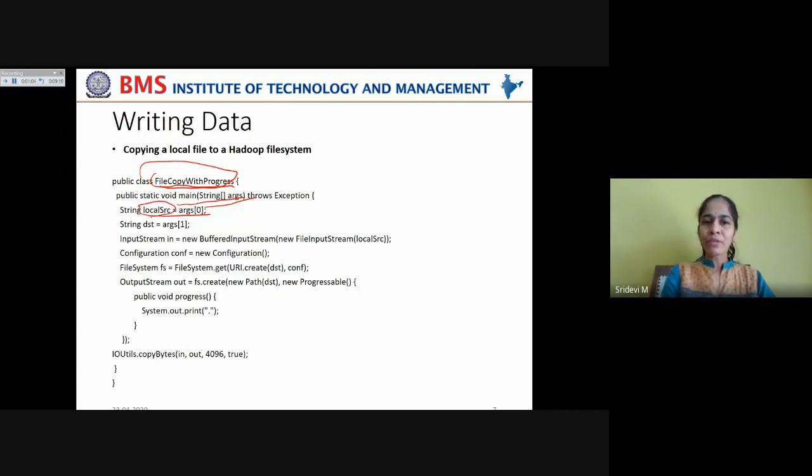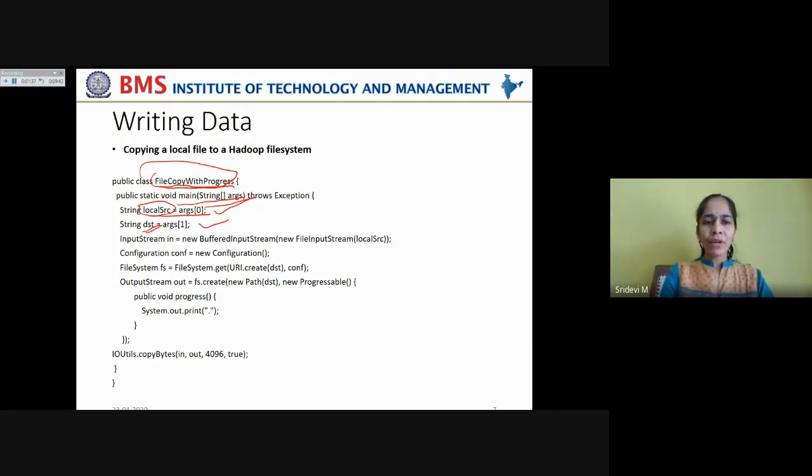So this local source name has to be given as the first command line argument, and the second command line argument is the destination file. That is the file on your HDFS cluster. Meaning you're reading a file from your local system and you're writing the file to the HDFS cluster. So the local source is the file name on your local system, and the dst is the file name on your HDFS cluster onto which the file has to be written.